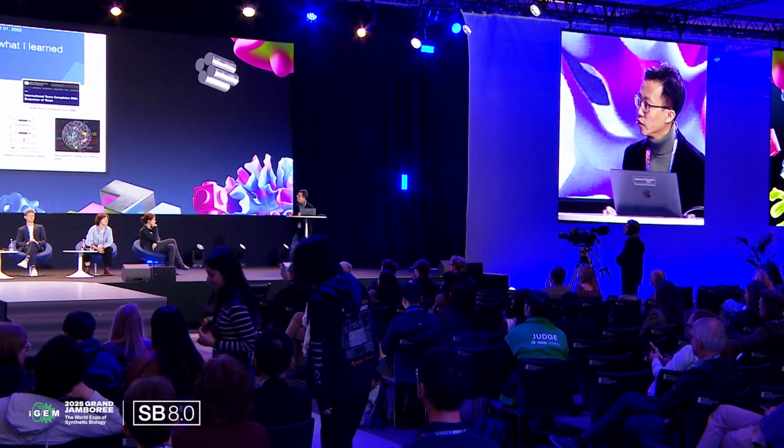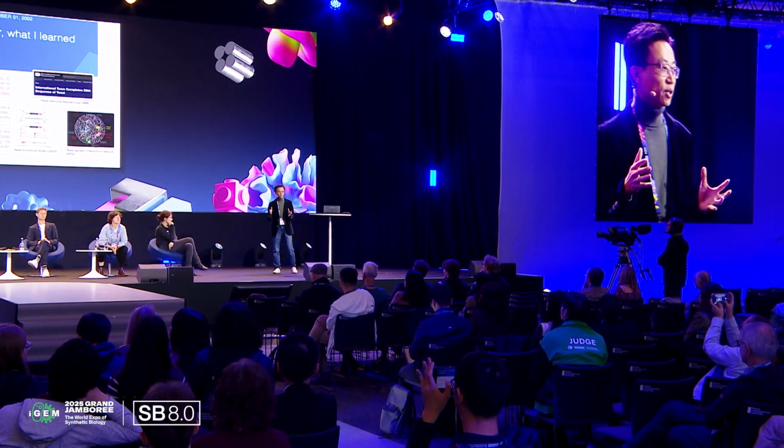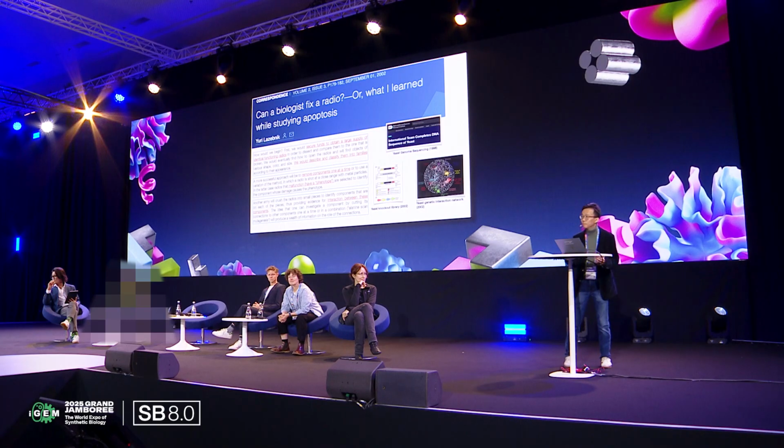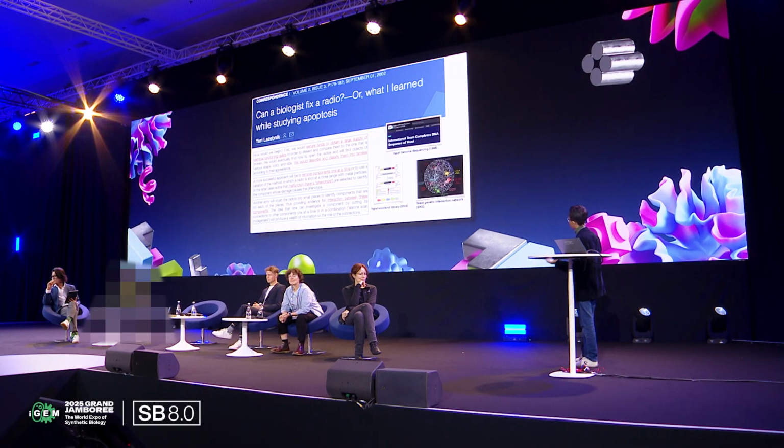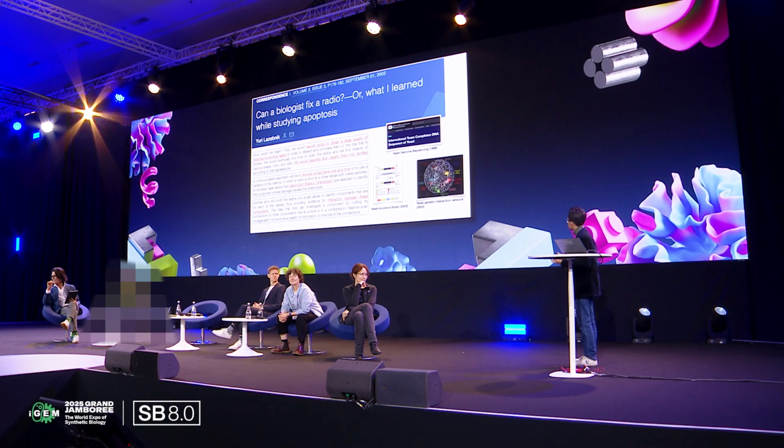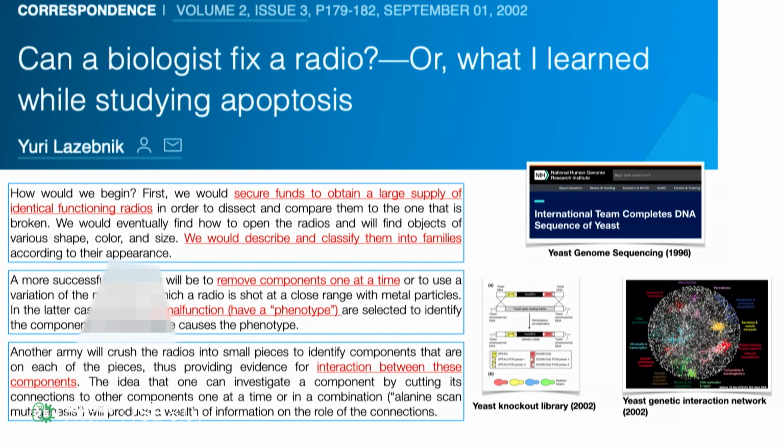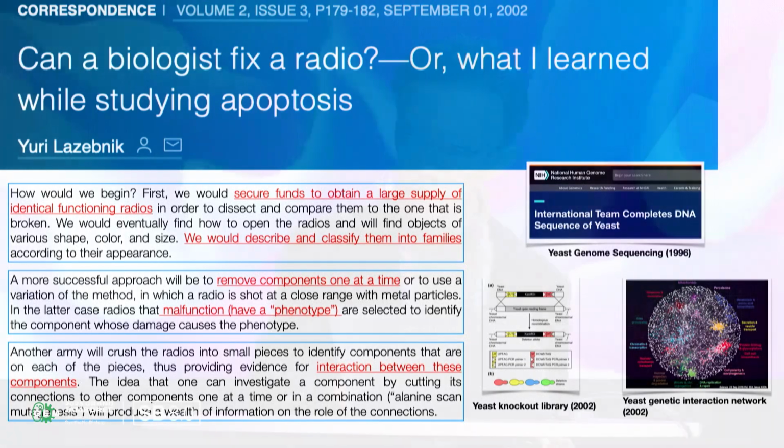And finally, he will find a way to bombard the radio into pieces, and then find the parts which are still connected with each other so that he can identify interactions. And based on these interactions, he can hopefully find out the relationships between these parts. This is what we have been doing, at least in genetics: identifying the interactions. But then he concluded that by doing so, biologists were never able to fix the radio, because we don't really have the mindset of an engineer, right?